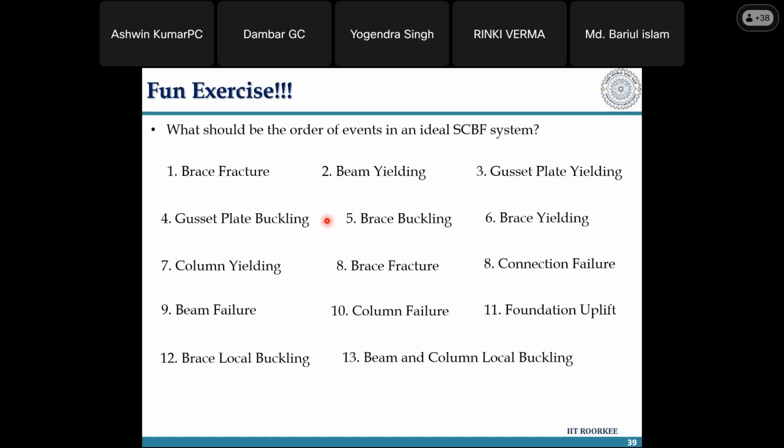What I urge you is, in terms of these events that I've shown here, first identify what are the events that you don't want in your SCBF system and what are the events that you want in your SCBF system. Once you have identified what you want, you have to arrange them in a sequential order as to what event you want to happen first. So you can easily understand that yielding of brace is required. Buckling of brace is then to happen. Then bending of the gusset plate has to happen. So some amount of yielding has to happen in that particular